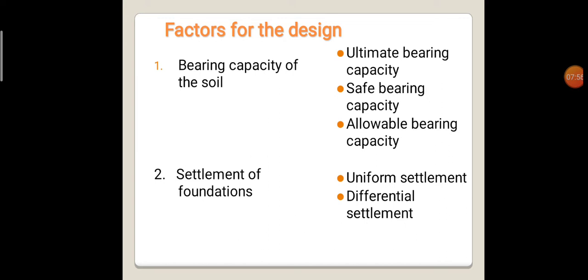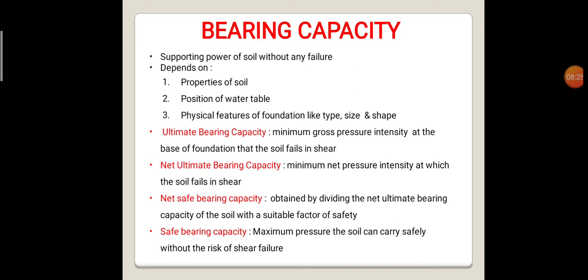So here there are three types, that is ultimate bearing capacity, safe bearing capacity and allowable bearing capacity. So there are three kinds of determination tests for determining the capability of the particular soil. Next one, settlement of foundation. For the settlement of foundation, we are also considering the uniform settlement and differential settlement. So already I told you the bearing capacity, we are having ultimate bearing capacity, safe bearing capacity, or